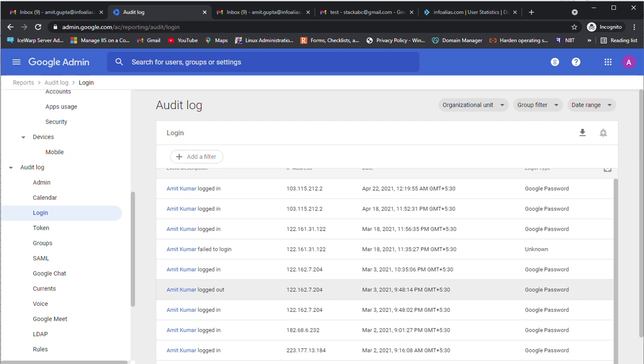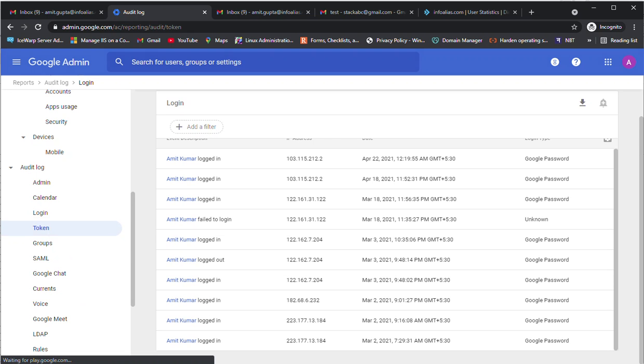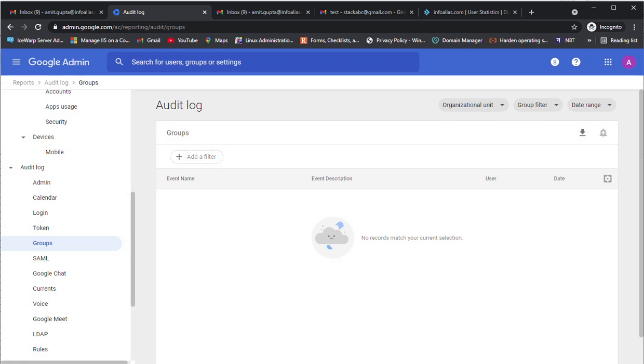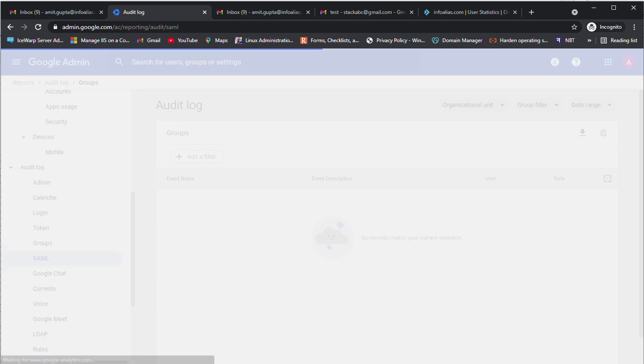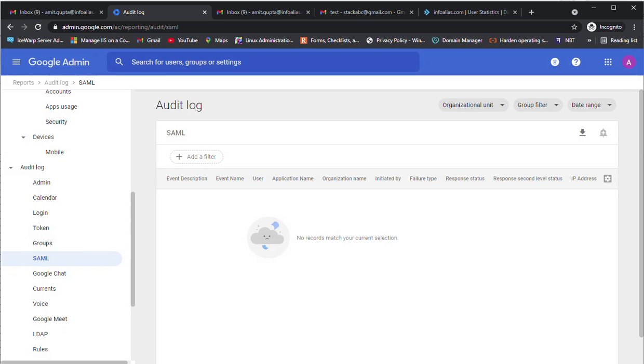And next is the token groups and SAML. This is something like SAML authentications, where if any account has been used to authenticate inside the SAML, this information can be audited through the SAML part of audit log.